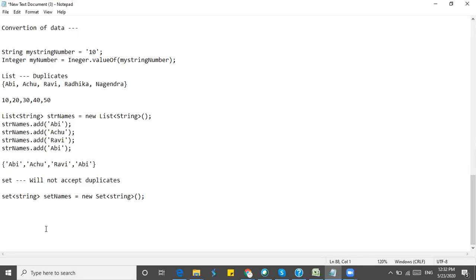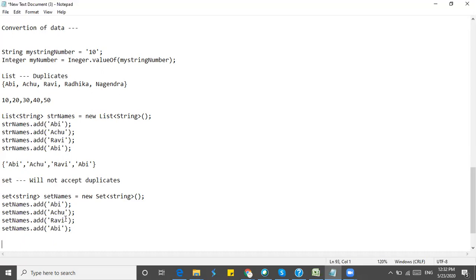So let's say I'm adding some data to that. So I have added all these values to set names.